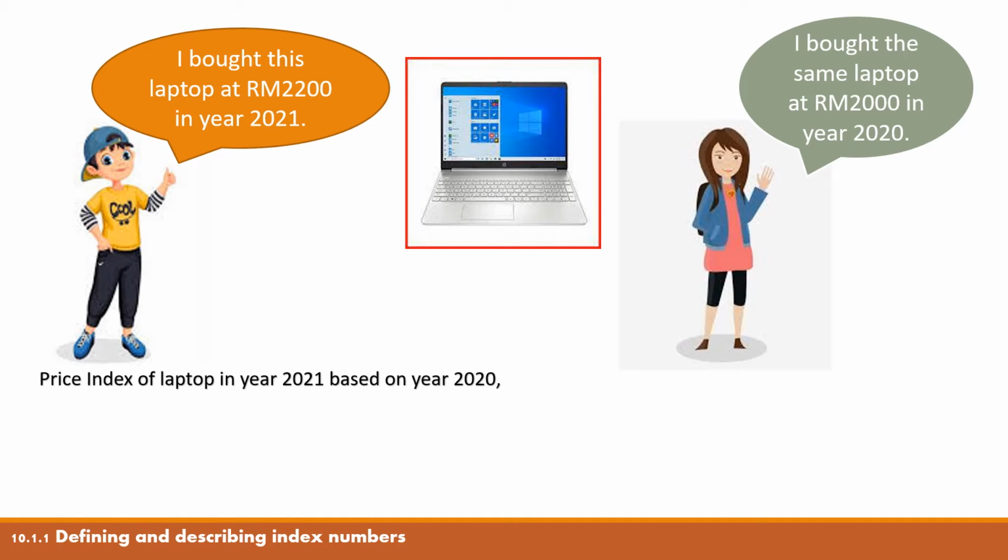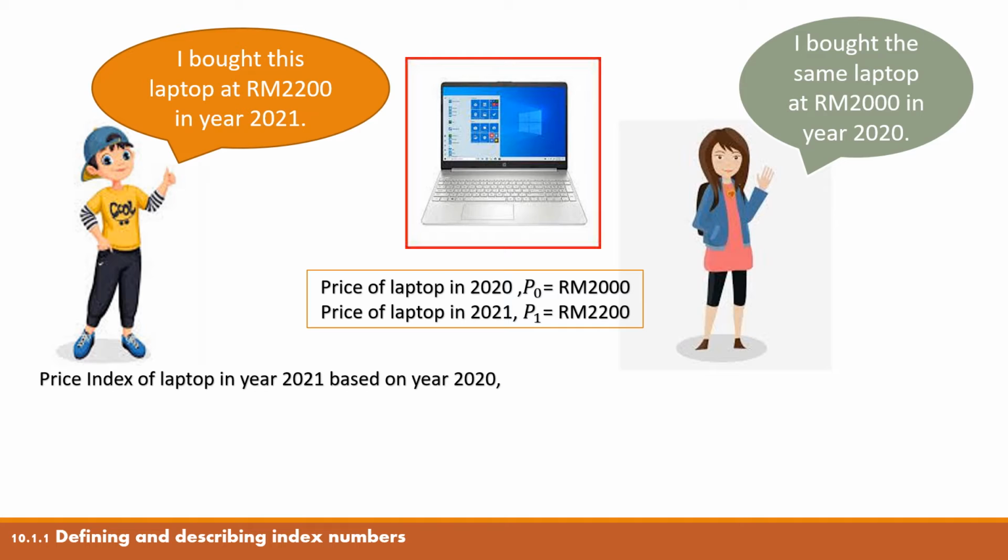To find the price index of the laptop in the year 2021 based on the year 2020, the price of the laptop in 2020 is P0, as 2020 is the base year in this price index, and the price of the laptop in 2021 is P1. By applying the formula I equals P1 over P0 multiplied by 100, we have 2,200 divided by 2,000 multiplied by 100, and we get the answer